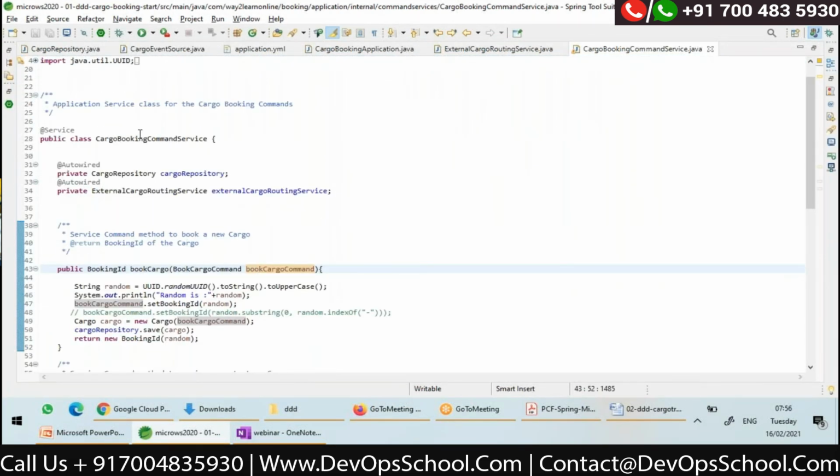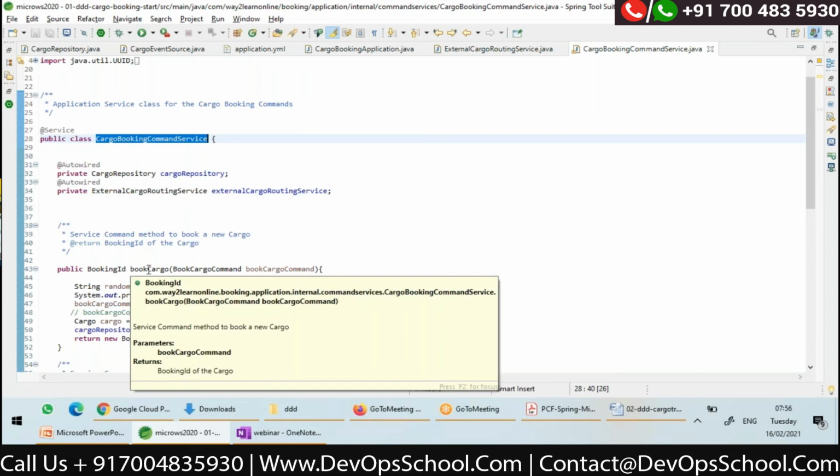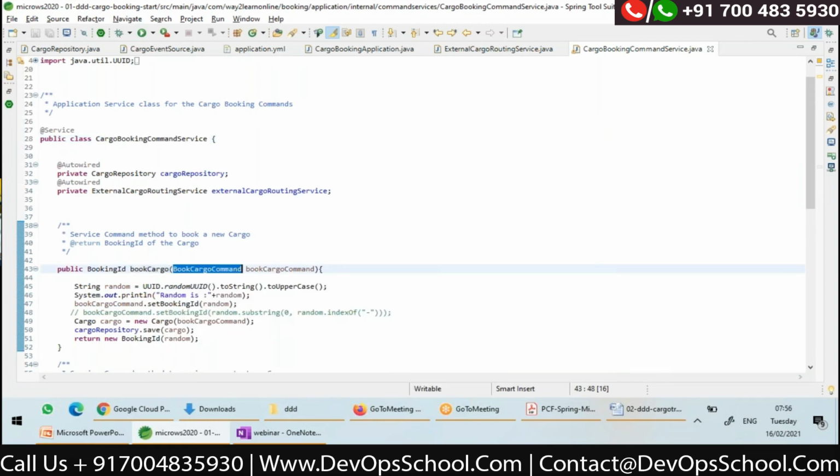The cargo booking command service has a method called book cargo, which will take the command object, right? And here it is calling the command handler. It is applying the command on my aggregate. Okay, let me explain you. Let me spend some time on this here.